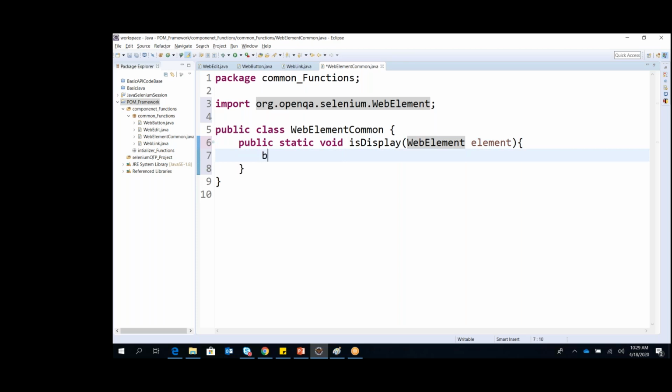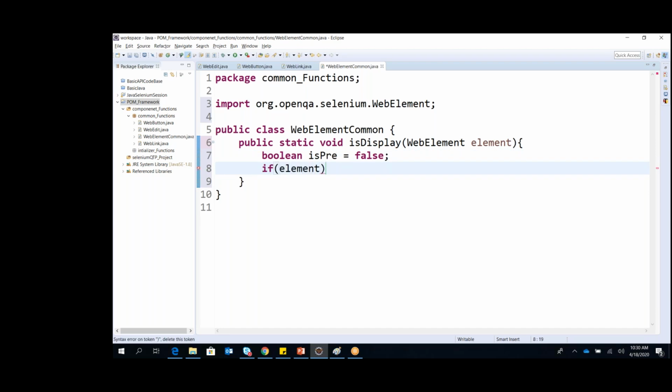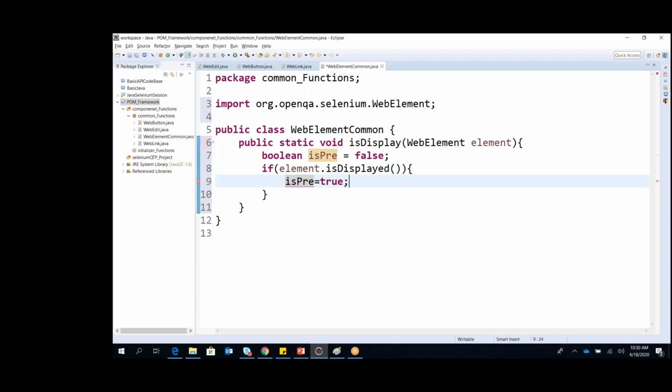So now let's say boolean isPresent equals false. That is my first if. I can say element.isDisplayed. If it is displayed, then only I set the value isPresent equals true.